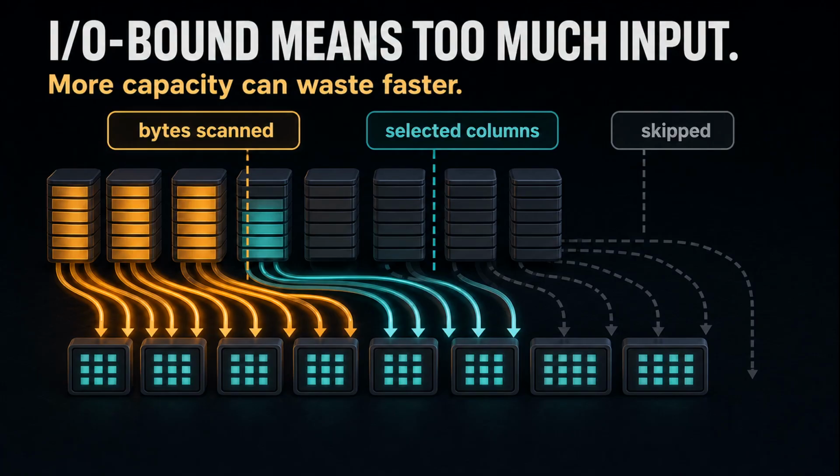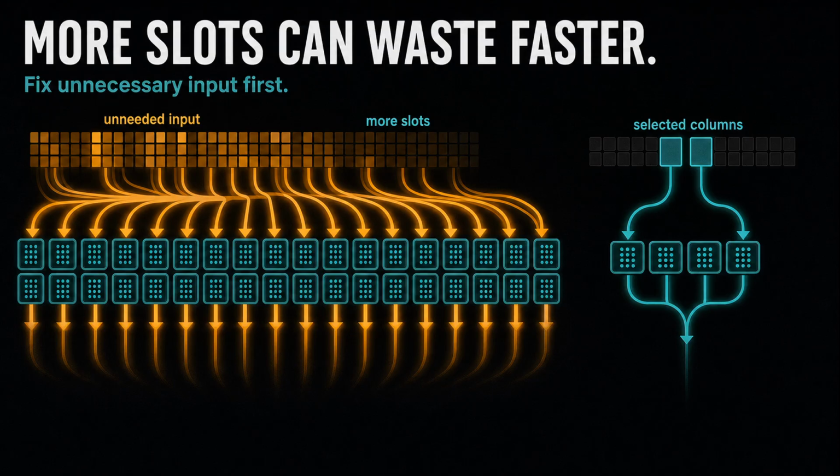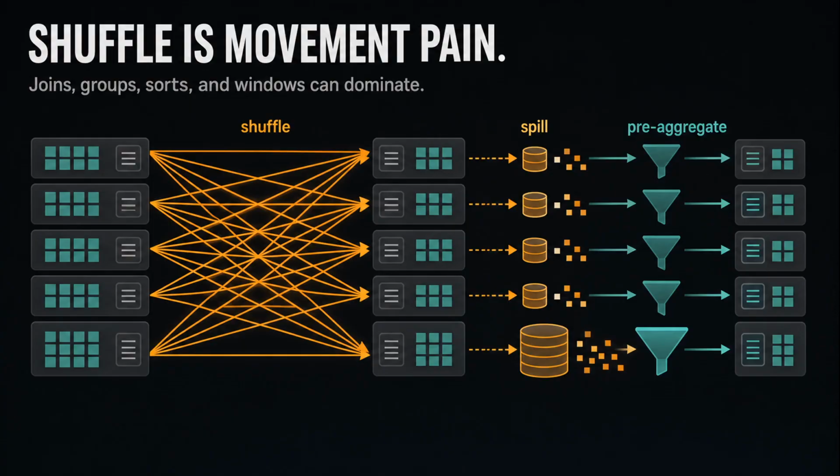Okay, but we have all sat in the meeting where a staff eng just says, buy more slots. Why is that the wrong move here? Fair. And I think that instinct is exactly the trap. The slot model sits next to byte-scanned thinking. It never replaces it. If the query spends all its time feeding workers input it never needed, extra capacity just helps you waste money faster. Which is a genuinely expensive way to be wrong. A reminder that more capacity never answers an I/O problem.